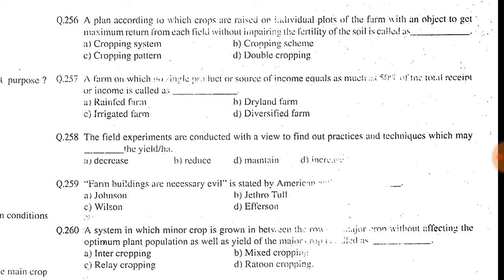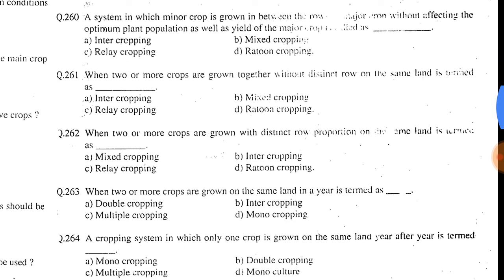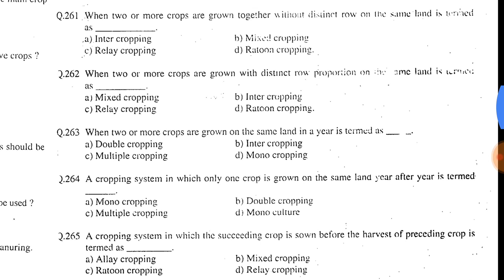260. A system in which a minor crop is grown in between two major crops without affecting the optimum plant population as well as the yield of the major crop is called intercropping. 261. When two or more crops are grown together without distinct rows on the same land, it is called mixed cropping. 262. When two or more crops are sown on the